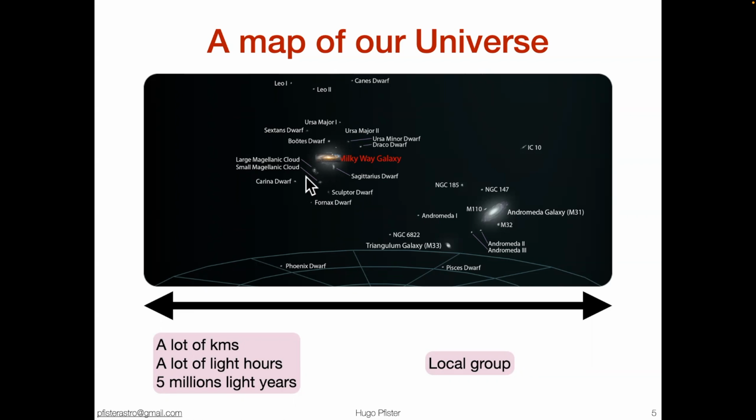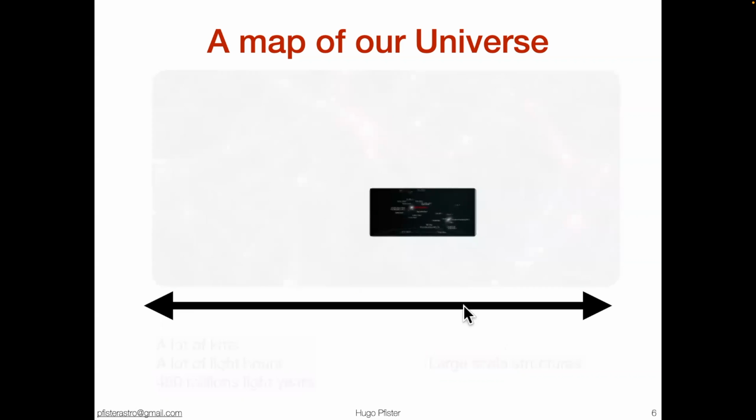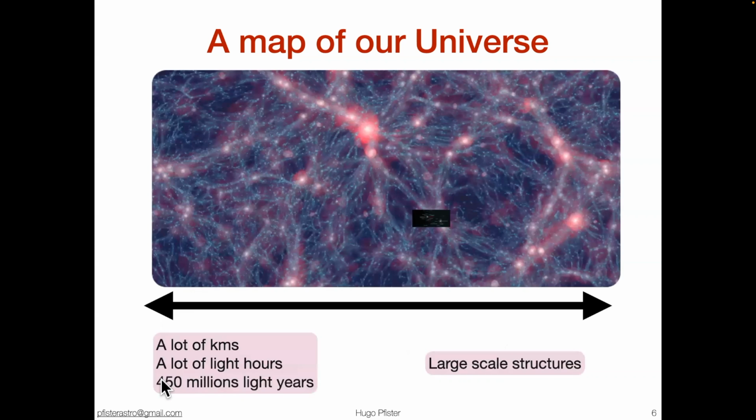Yeah, so this is the local group. And again, this is not the end of the story. We can keep zooming out, okay? And we have the large-scale structures, and now the numbers are completely crazy, 450 roughly for this. It's not an image, again, it's a simulation. I will come back to that later, but